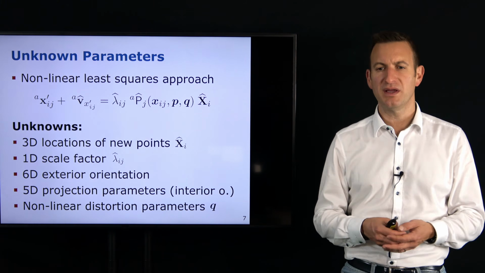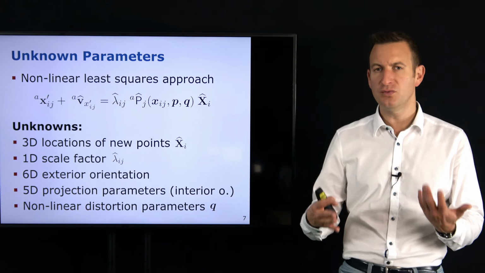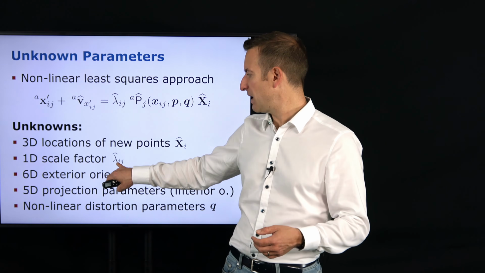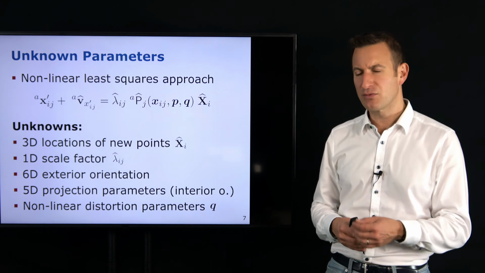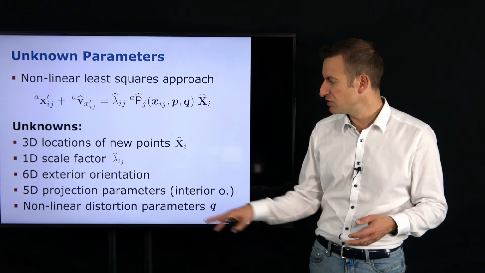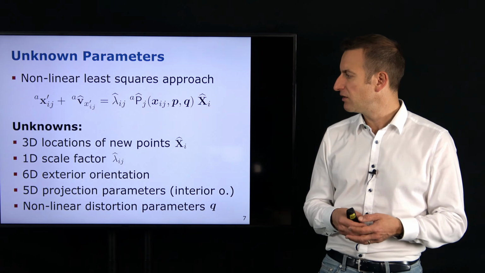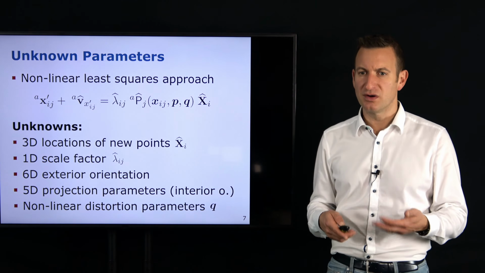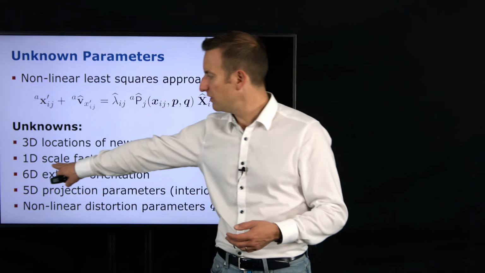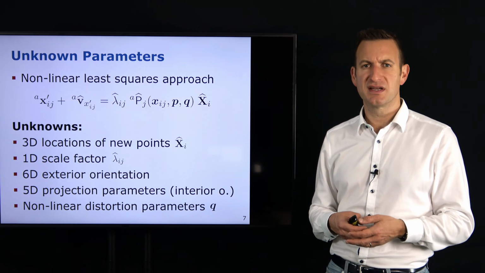And so our unknowns that we need to tackle in here are the coordinates of our 3D points in the world, so our new points, the points which are not control points. We have the scale factor, which occurs for every point and every camera image, so a huge number of those parameters. We have the 6 degree of freedom exterior orientation, 5 degree of freedom interior orientation, plus some nonlinear parameters. This can lead to a potentially large number of parameters, and especially the problem is the scale factor over here. This is the factor which occurs most often, and it is actually a parameter I'm not really interested in anymore,